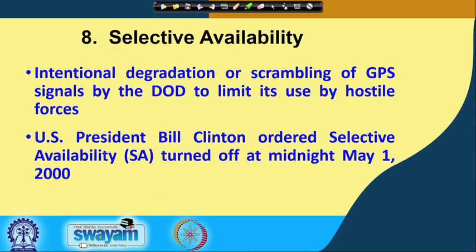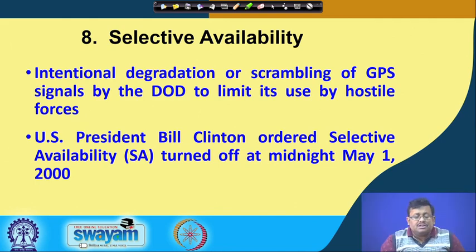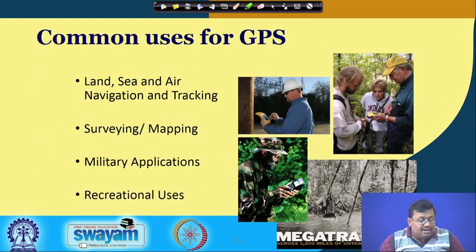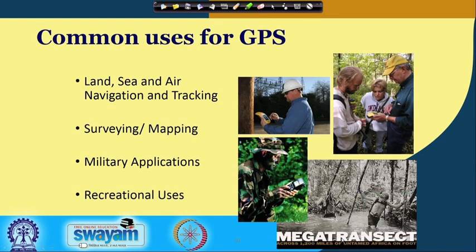For example, any hostile forces can use this GPS signal to target some building or some features. So, that is why there was an intentional degradation or scrambling of the GPS signal by the Department of Defense. However, this selective availability was removed by US President Bill Clinton in the midnight of May 1, 2000. So, right now there is no selective availability, and common uses of GPS,